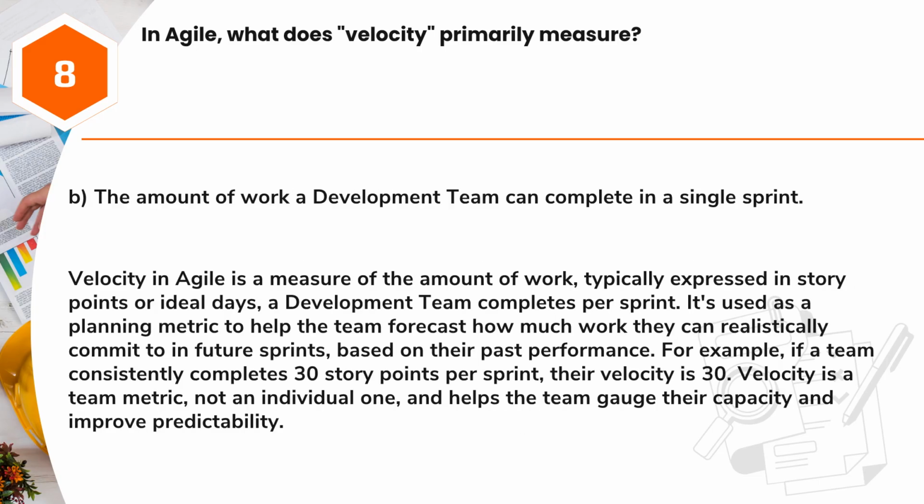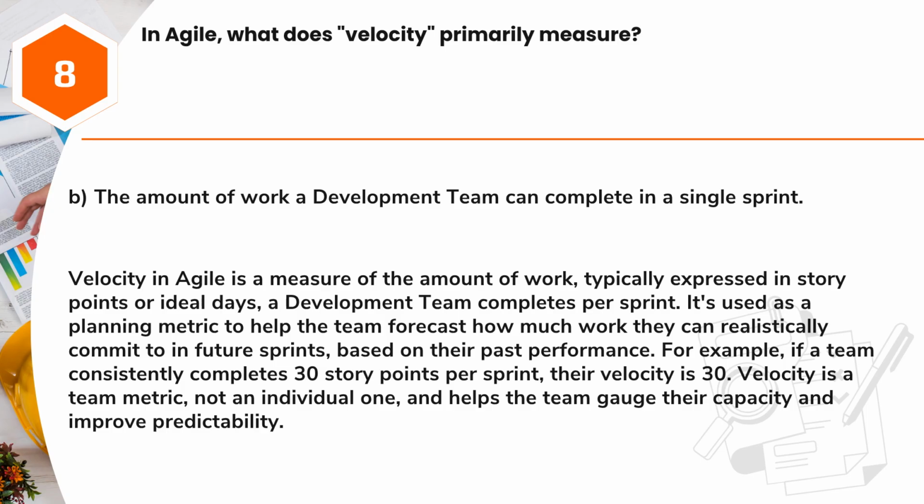Answer: B. The amount of work a development team can complete in a single sprint. Velocity in Agile is a measure of the amount of work, typically expressed in story points or ideal days, a development team completes per sprint. It's used as a planning metric to help the team forecast how much work they can realistically commit to in future sprints, based on their past performance. For example, if a team consistently completes 30 story points per sprint, their velocity is 30. Velocity is a team metric, not an individual one, and helps the team gauge their